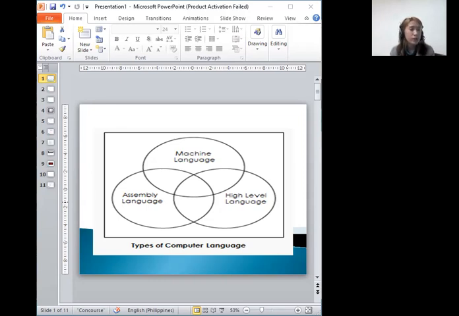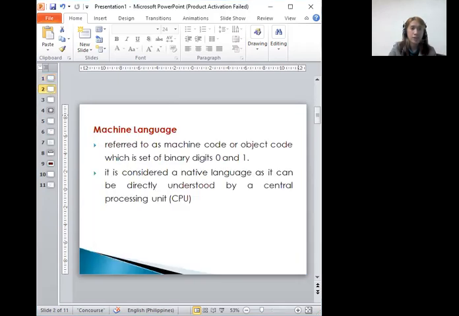So now we're going to differentiate the three types of computer language one by one. So first is the machine language. The machine language, it refers to the machine code or object code, which is a set of binary digits, 0 and 1. It is considered a native language as it can be directly understood by the central processing unit or the CPU. So the machine language is the oldest computer language and also considered the first level